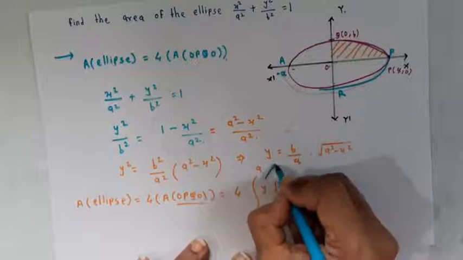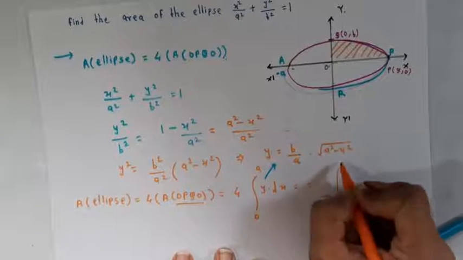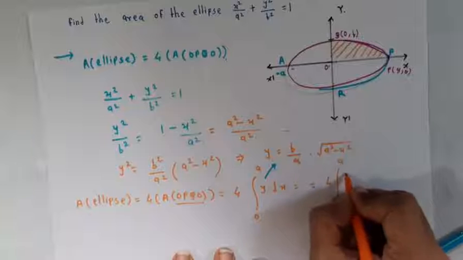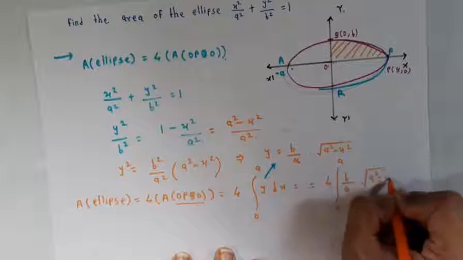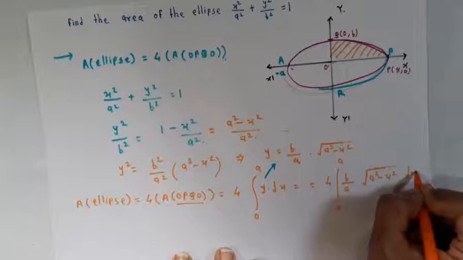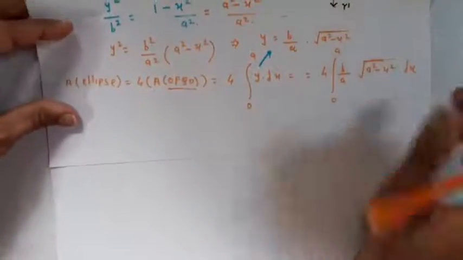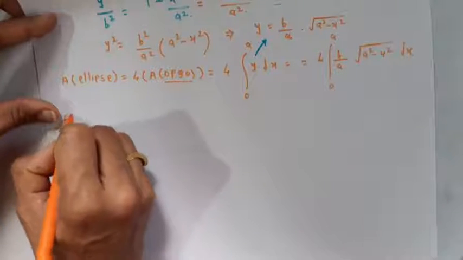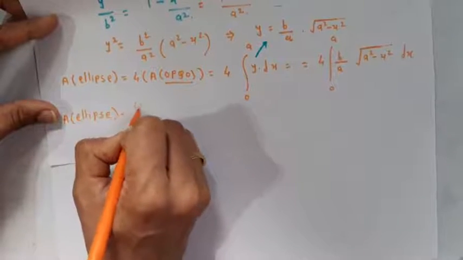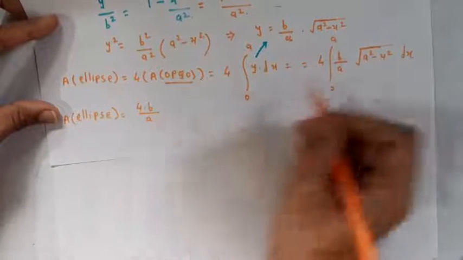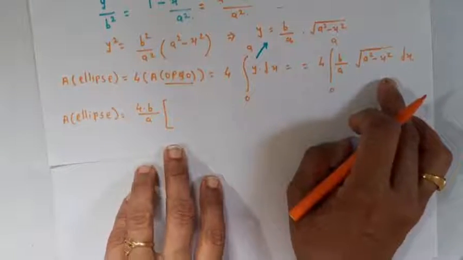The y function is this, so the area equals 4 times the integral from 0 to a of b by a square root of a square minus x square with respect to x. So the area of the ellipse equals 4b upon a, and we know the integration of the square root of a square minus x square